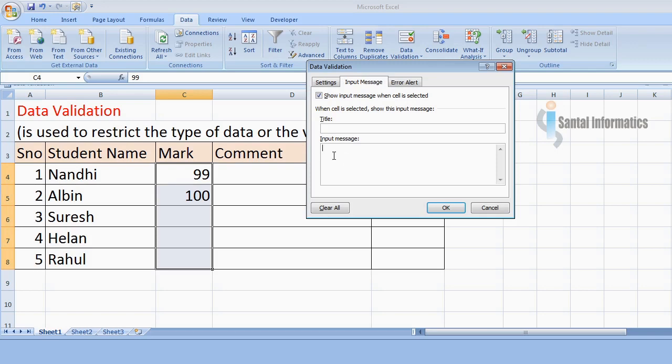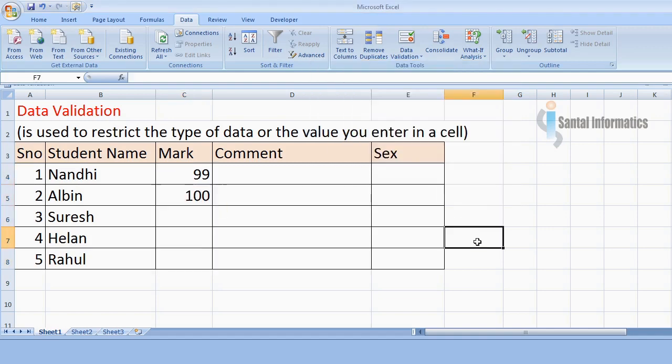So let us put the message: Please enter value less than 101. Okay, now press OK button. Now once you select this cell, you could see the message at the bottom: please enter the value less than 101. So it will show the message once you click these cells.